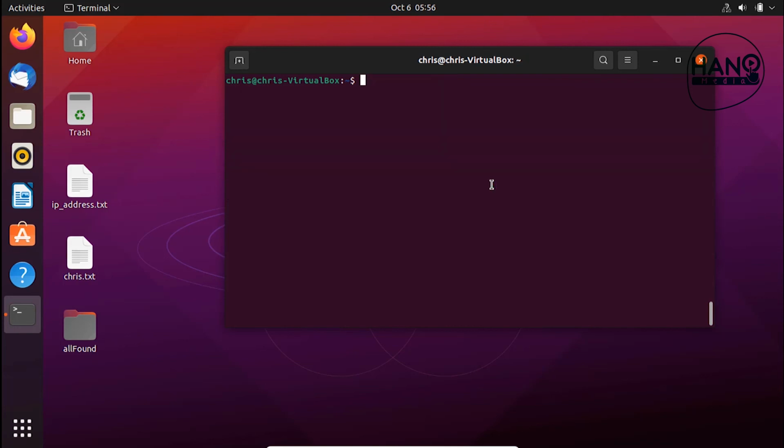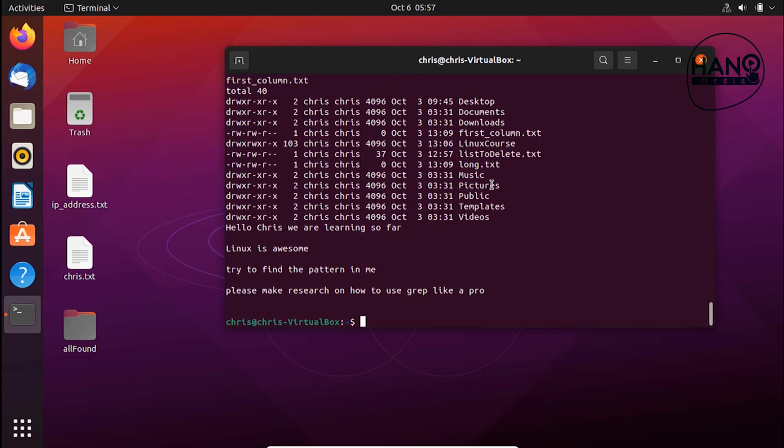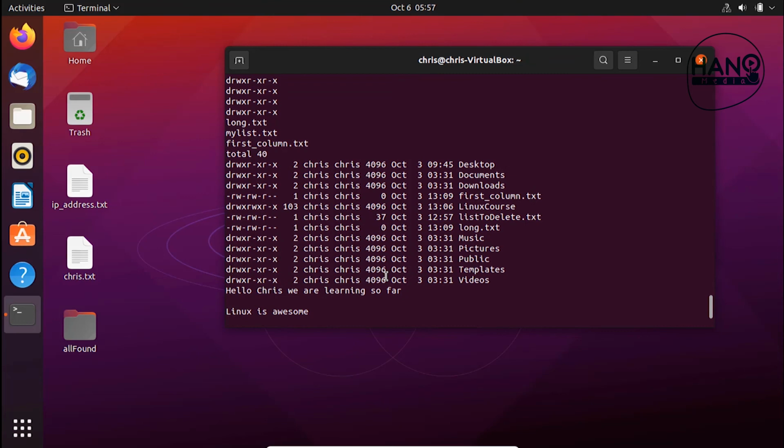Okay, let's jump to the other specific topic, which is called wildcards. Wildcards are used for what we call regular expressions, so we can use them to match a pattern. For example, let me show you something of a kind. For example, I can say cat, and I can use this wildcard, and I can use, for example, .txt. And what it will do, it will try